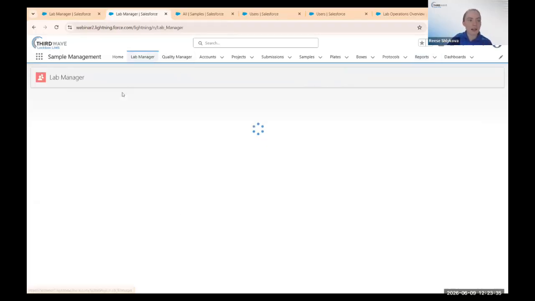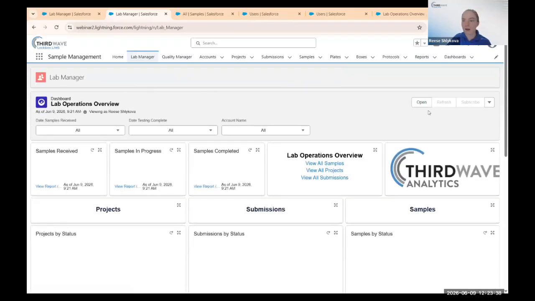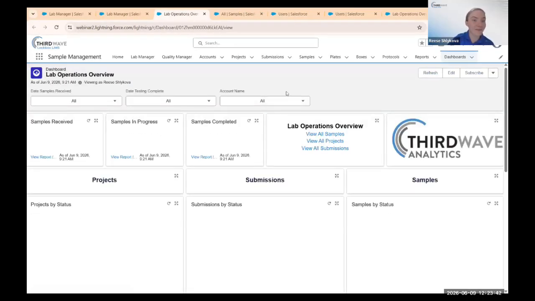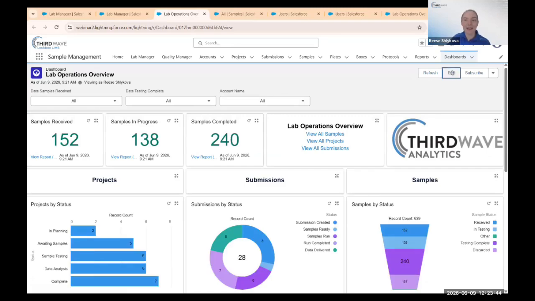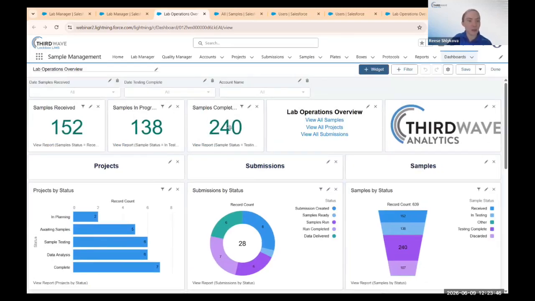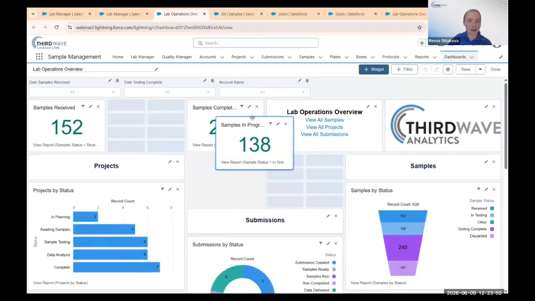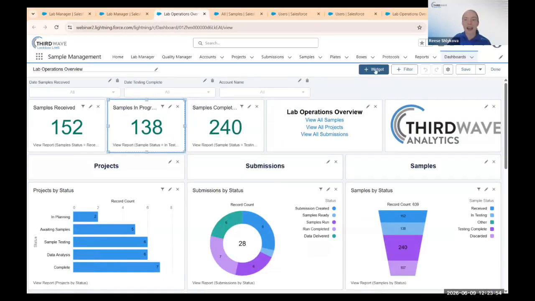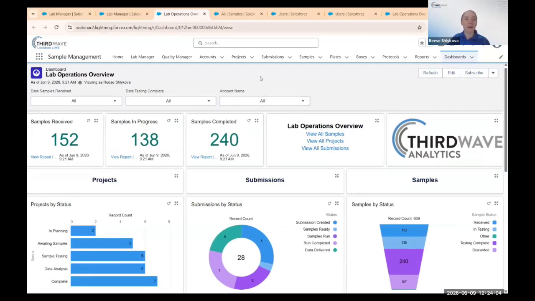I will just return to the dashboard here because when we are on a particular dashboard, and let's open this up for us, we can also edit it. And so if I were to click edit, we can see that I go to the dashboard editor, and this is all drag and drop, point and click editing. So I can move these components. Let's say I want to move this around. I can add additional widgets. I can add more filters, and I'm going to go into lots of detail on how to do this. I can rename it. So I'm just going to pause here though, and we're just going to dive now into